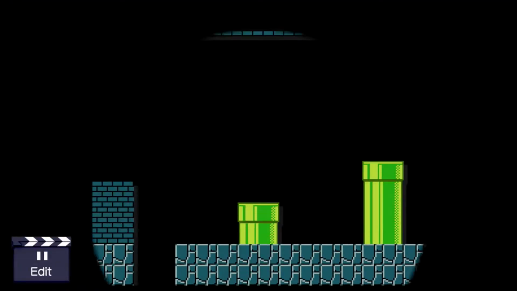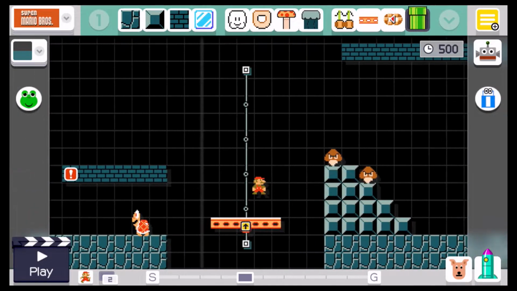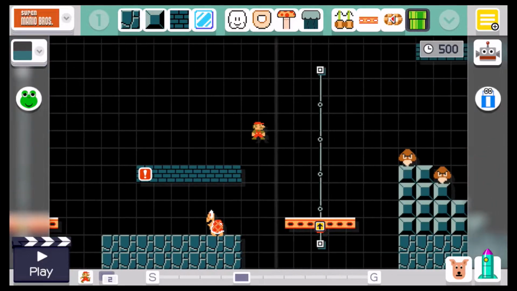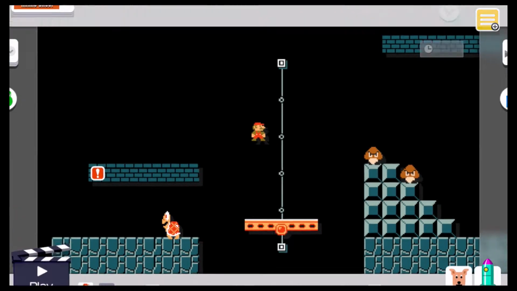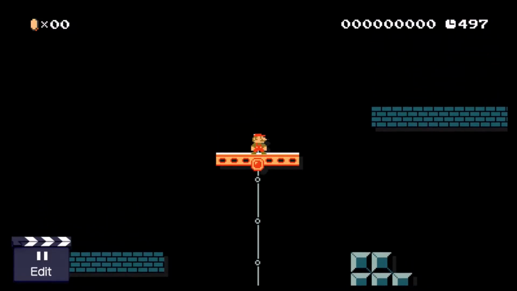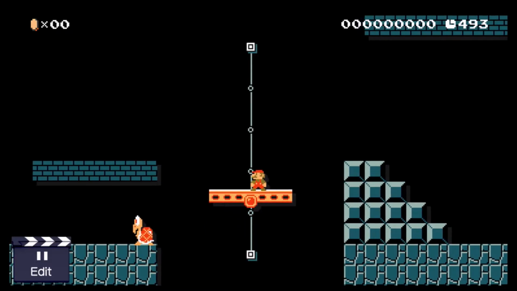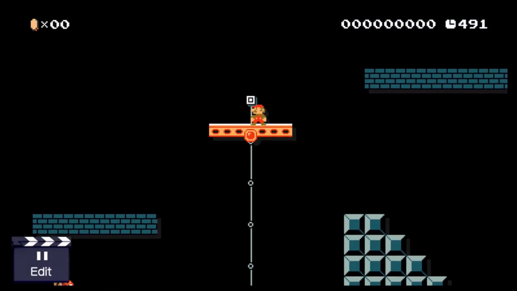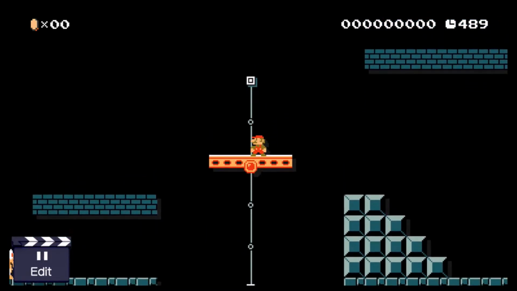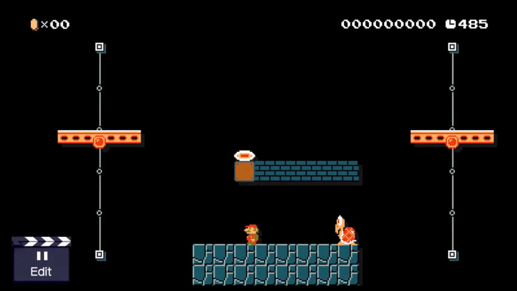Go back out of here. Okay, so you got these up and down platforms on tracks, and I didn't really like the way that looked, because it just, I don't know, it didn't look right, it didn't feel right for some reason to have that there. And once again,